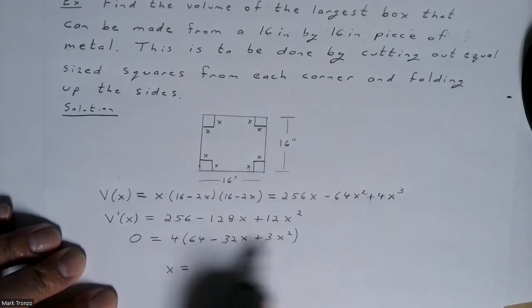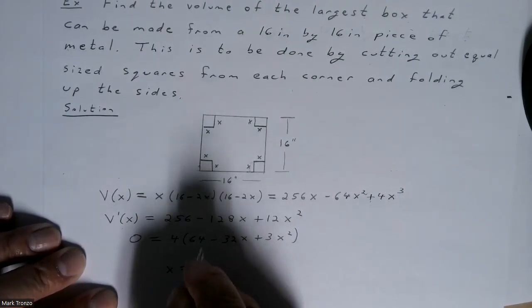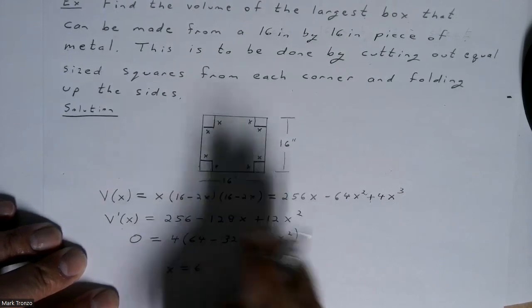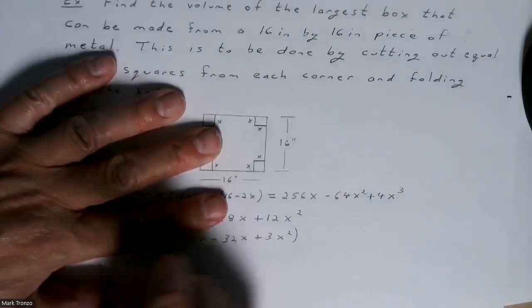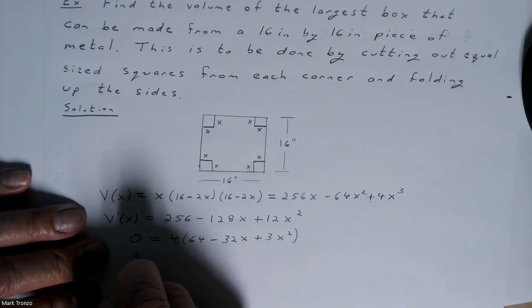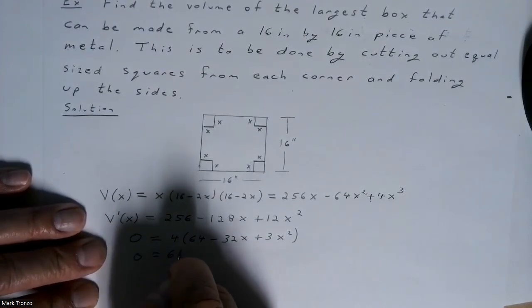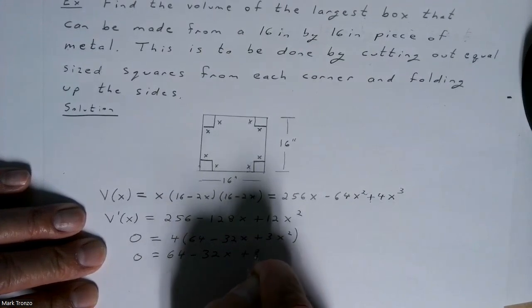So the only way to make this whole expression 0 is to set this part equal to 0. And so therefore, if we just focus on that, let me write it down that way so you can see clearly what I'm doing. So I want to set this equal to 0